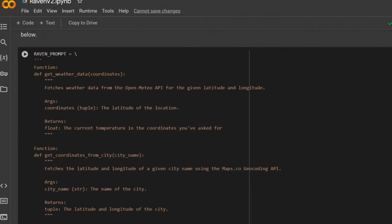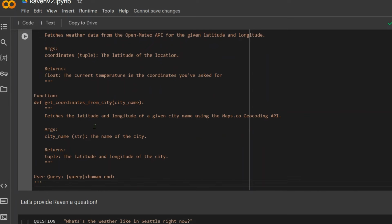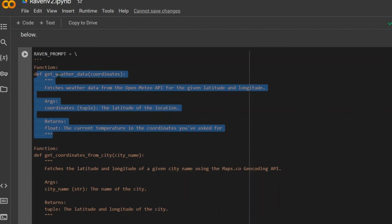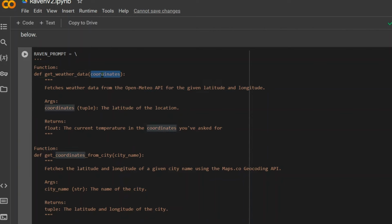So we have defined a prompt known as the Raven prompt, and this is an entire text, starting from here till here. So this is a prompt, and there you can see we have defined two functions. This is a function where we have defined the name of the function, just the arguments of the function, and the working of the function. Note that this is the most important line, because this is what the LLM is going to read. It fetches, so it's going to read the function as it fetches weather data from the Open-Meteo API for a